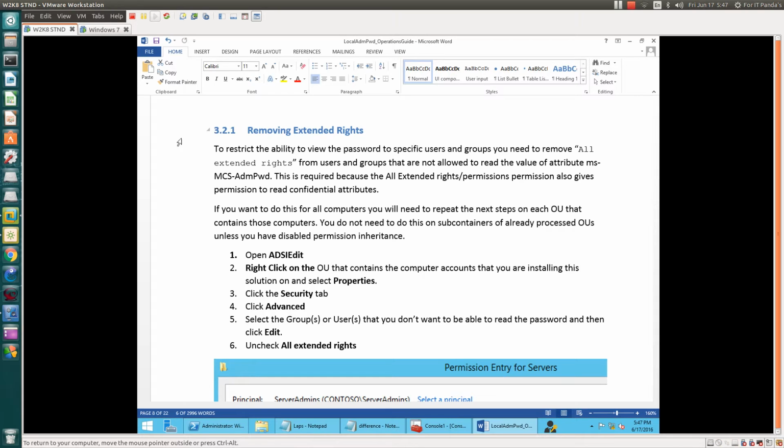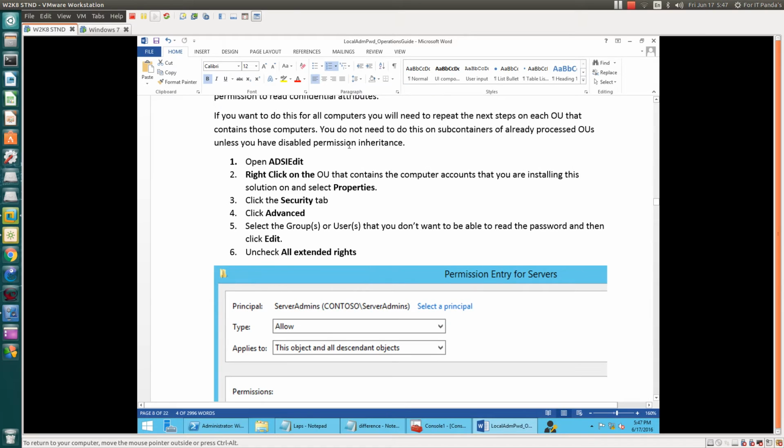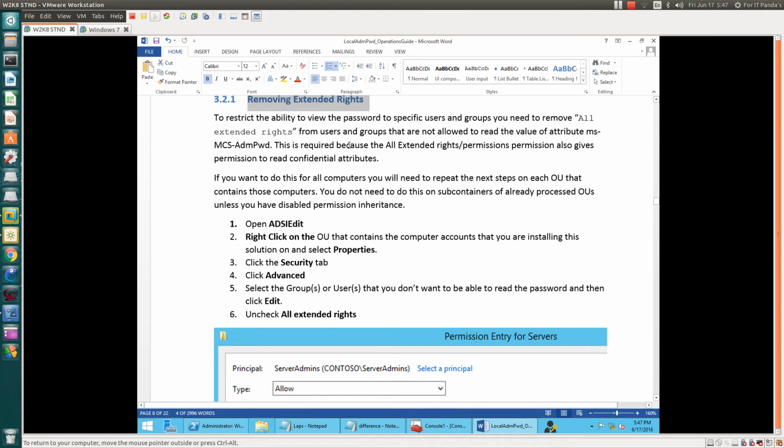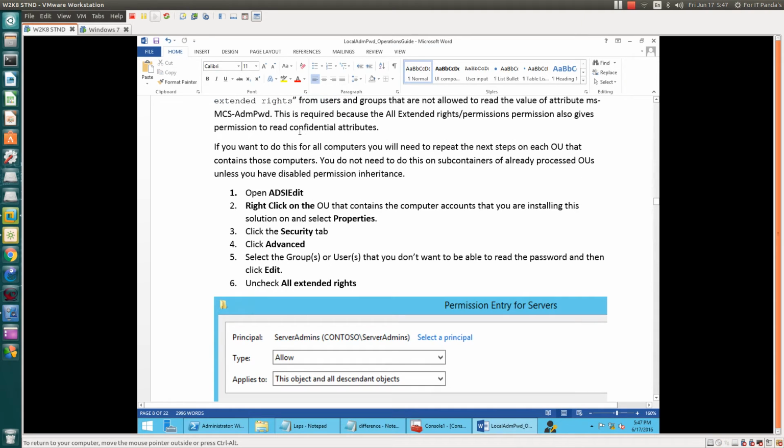So, removing extended rights. That means to restrict the ability to view the password to a specific user and group, you need to remove all extended rights. When you deploy this solution, only specific people, your IT people or admins, should be able to get the password, not everyone else.